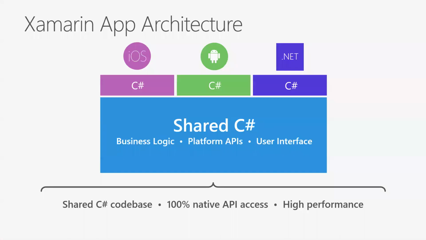So that's your business logic. That's your user interface, if that's shared, your platform APIs, so things like turning on the camera, the accelerometer, all those things. That can all be shared there. And like I said kind of earlier, but just to hammer this home, it's 100% native API access. So that means anything you can do in Java or Kotlin for Android, in Swift and Objective-C for iOS, you can do in Xamarin with C# or F#, which is great because you never have to make the trade-off of picking something cross-platform versus picking something native or 100% access or whatever. And because it's 100% access, we use kind of the modern performance improvements under the hood as they roll out.